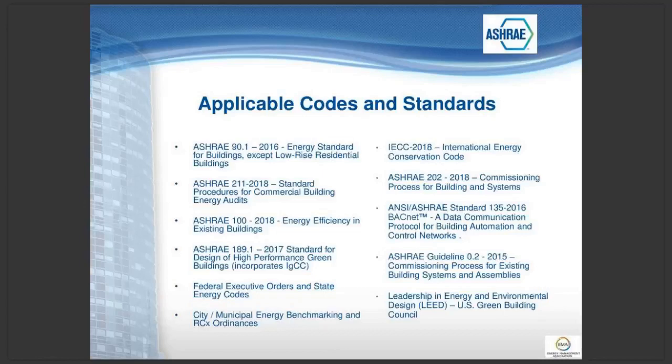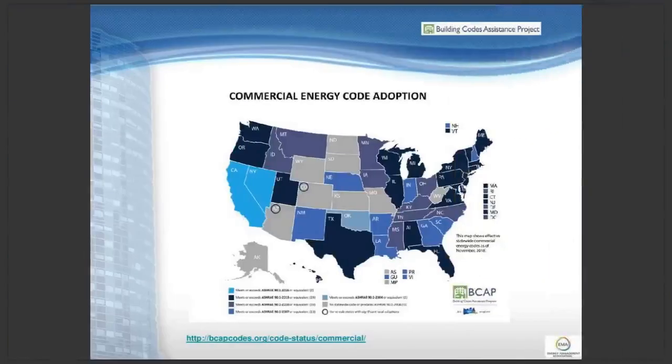You also see some of the others here for energy audits. We'll talk about those as we go through, and some of the other guidelines, but there's a bigger group than this. All this information is available out on the internet. One of the specific sites I want to send you to is the Building Codes Assistance Project. You can see at the bottom of the screen the internet address, the link